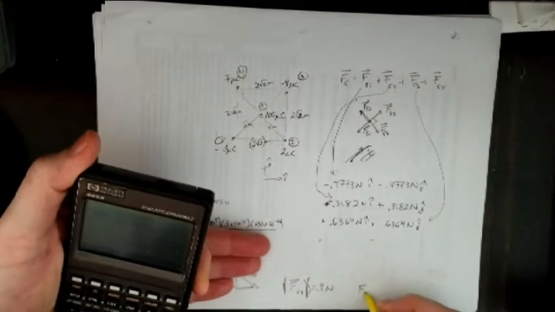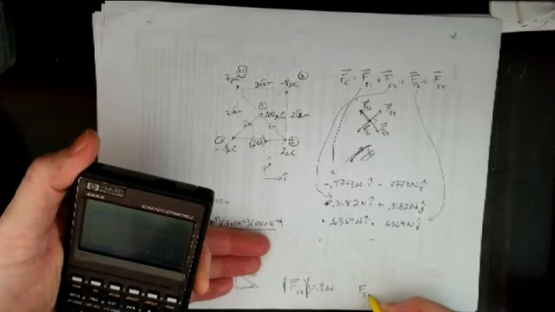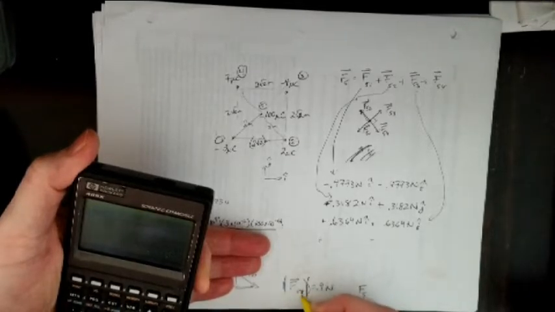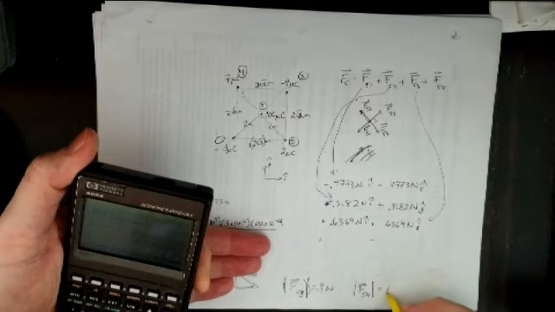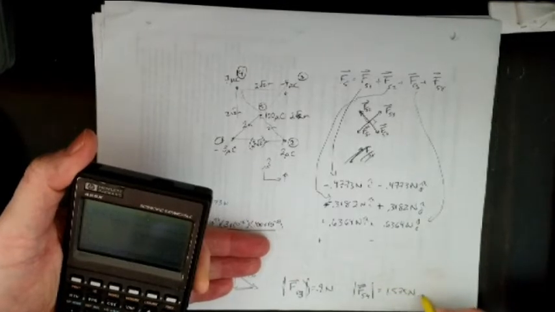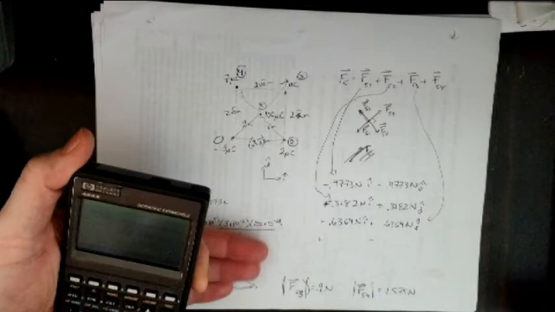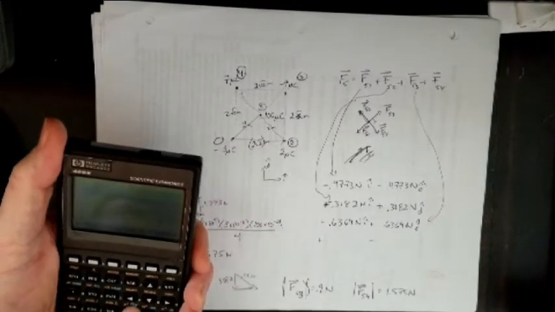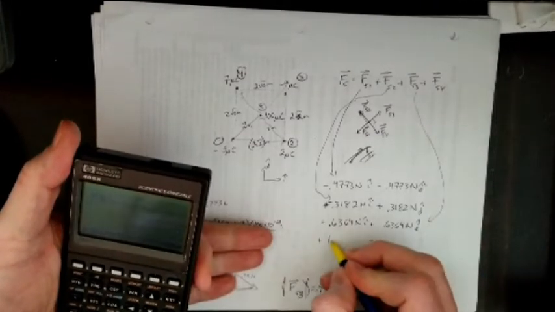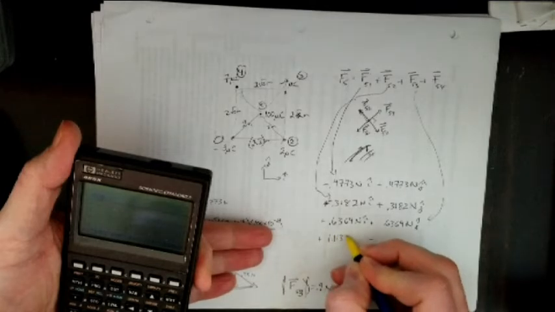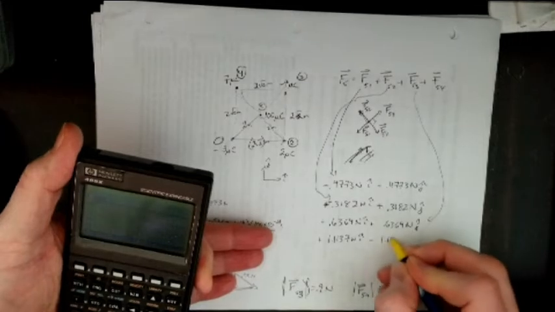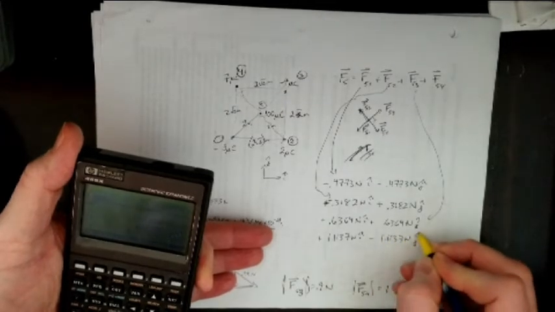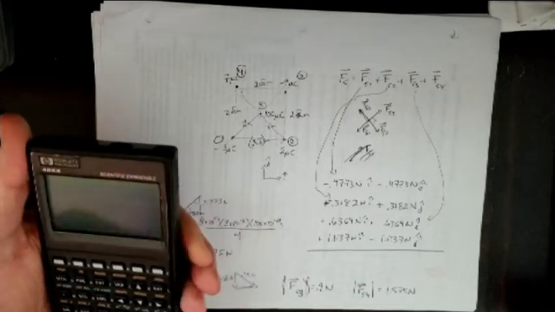And so F5, that should be a 3 right there. F54, which is down and to the right, 1.575 newtons is the magnitude. And this is 1.1137 newtons I hat, 1.1137 newtons J hat. And so I can add them all up, and I end up with